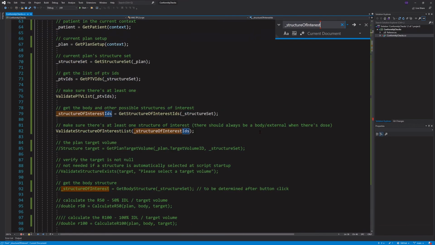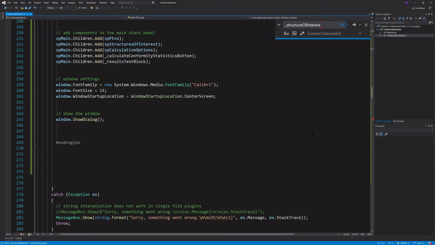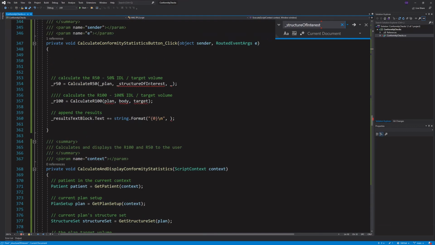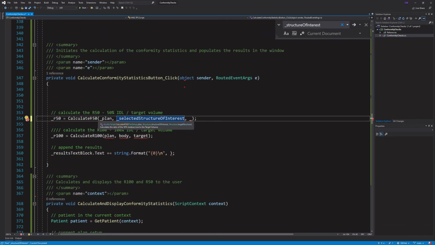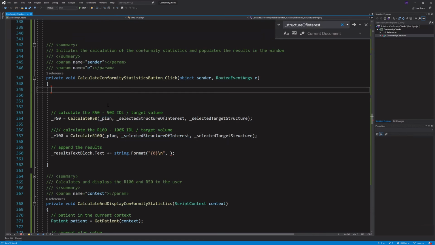The instances of this. Looks like we haven't. Okay. What does this take? Takes these, okay, and then the target structure. So this is going to be the selected target structure. Okay. So it's going to be the selected structure of interest, selected target structure. And this is going to be the plan. All right, so we need to